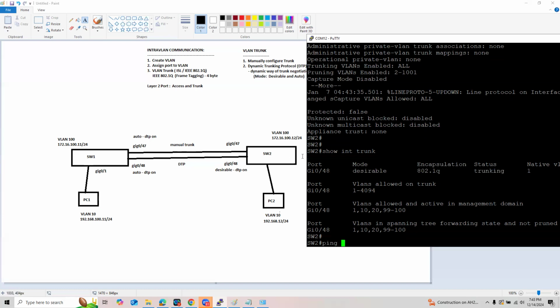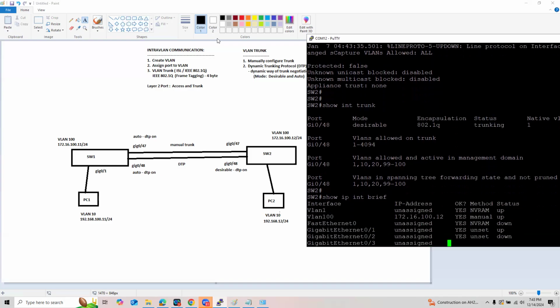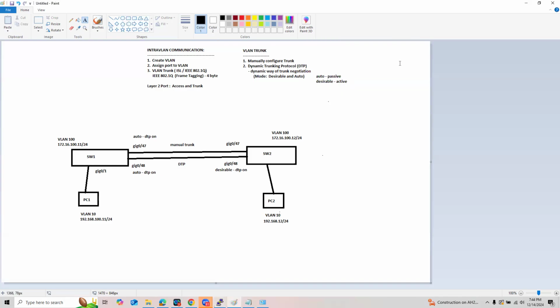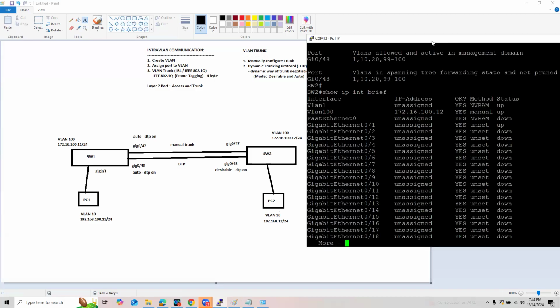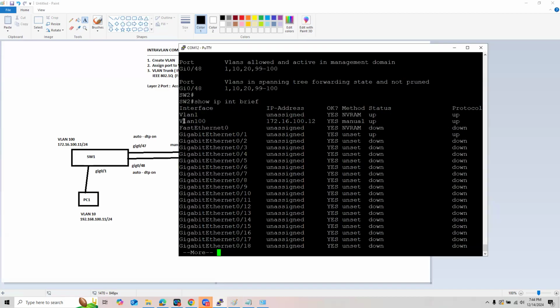I would expect that there is no connectivity between switch 1 and switch 2. If I'm going to ping, actually guys, let's look at show IP interface brief first. You will notice here that the interface VLAN 100 physical status is up and its protocol is also up.